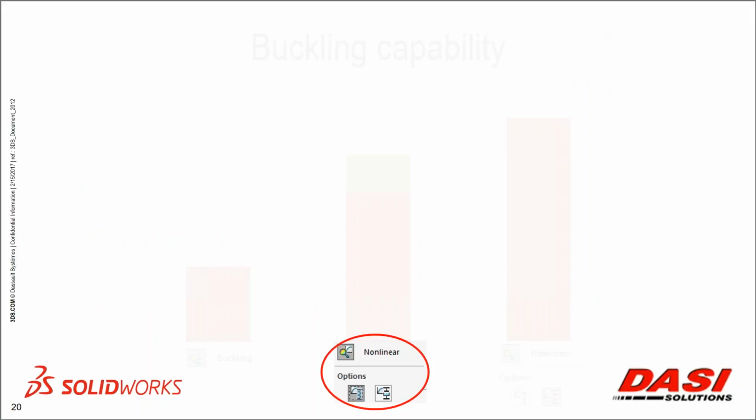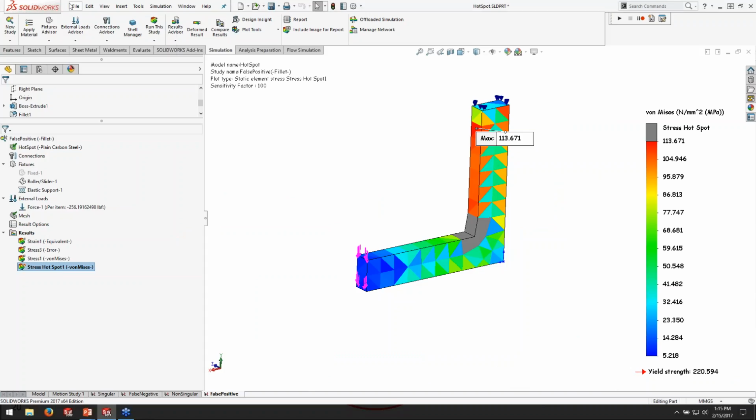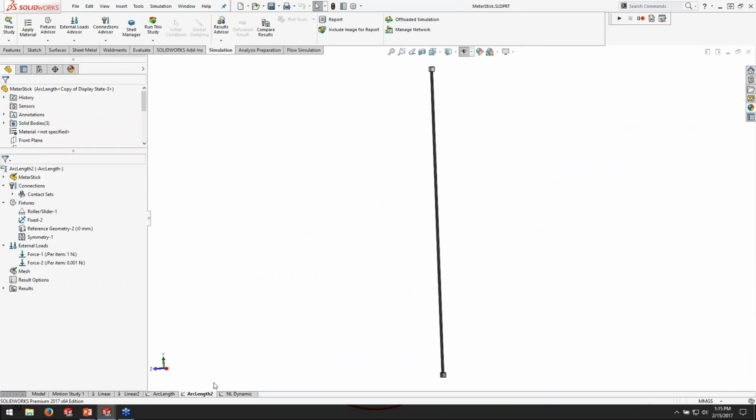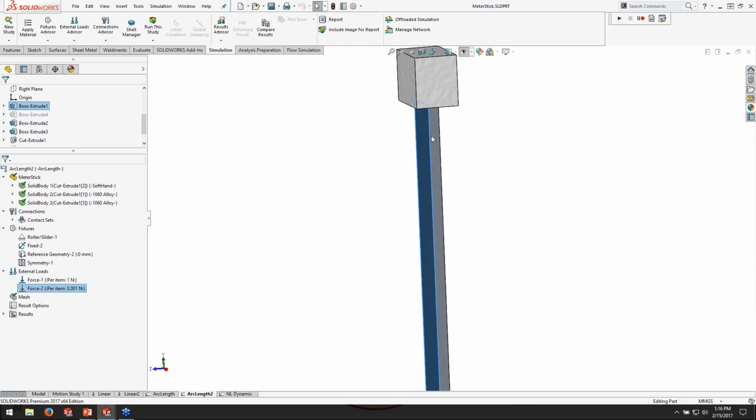Okay, so what I'd like to demonstrate briefly is an idea of how to use this new no penetration inside of an arc length control nonlinear static analysis. So opening up this meter stick here, I've got a couple of nonlinear studies set up. This study I've created just has simple loads applied to it. One interesting thing to point out, I've applied a tiny side load to sort of instigate it to buckle one